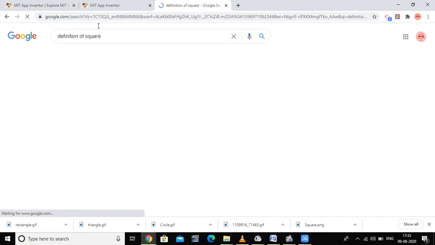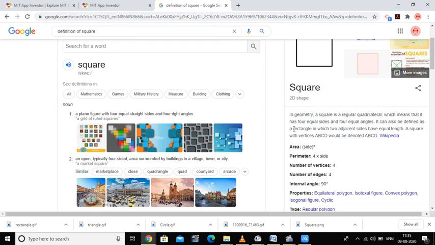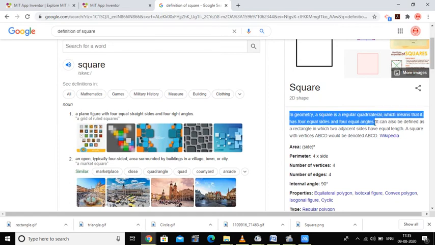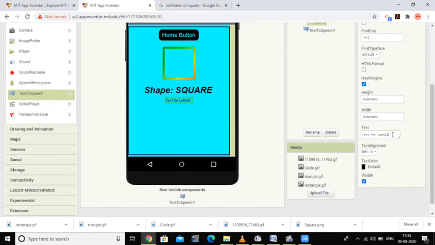You have a Wikipedia definition here, starting with In geometry. I'm selecting the text and pasting it into label 2.